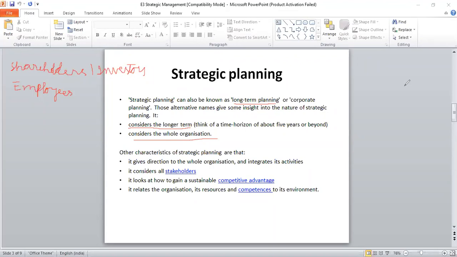Now, competitive advantage, what does it mean? Now, when it is focusing on the long period of time, the strategy is focusing on the long period of time. So how do they survive? How do they take over? How do they get a better hold on the various factors? What competitive advantage can they gain in the long run? Has to be understood. Now, what is competitive advantage that we have to understand here?